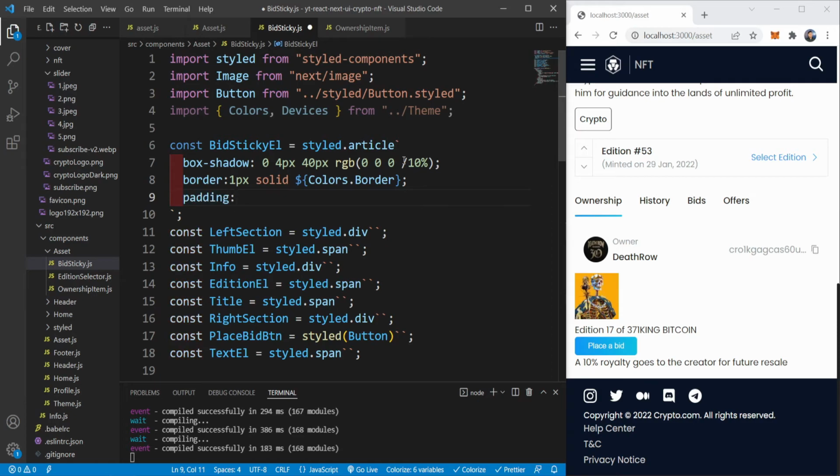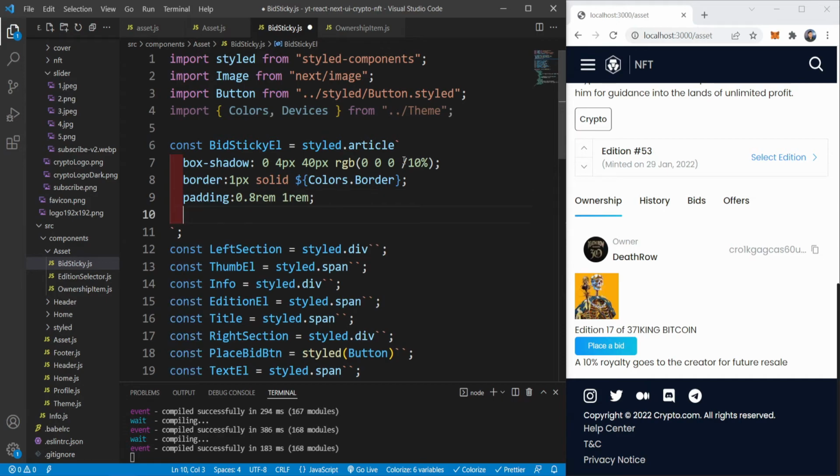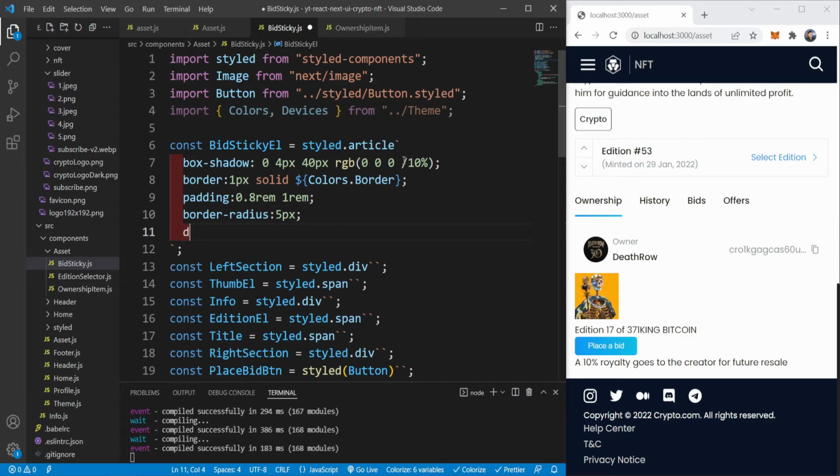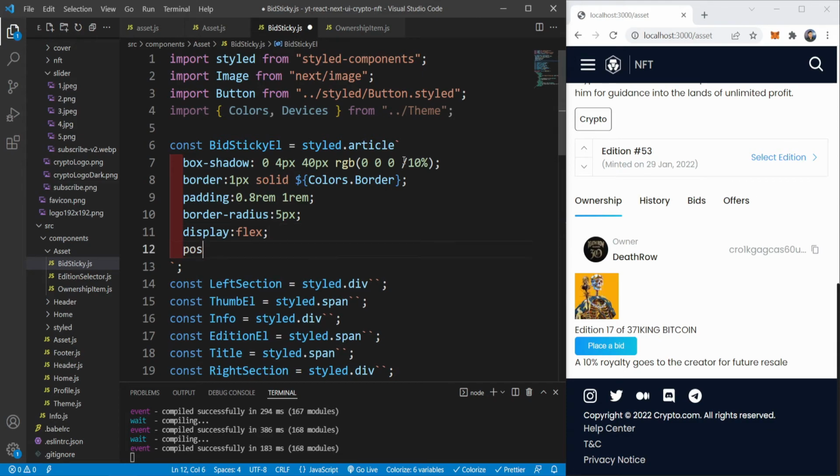Adding 0.8 rem and 1 rem. Border radius 5 pixels. Display flex. Position